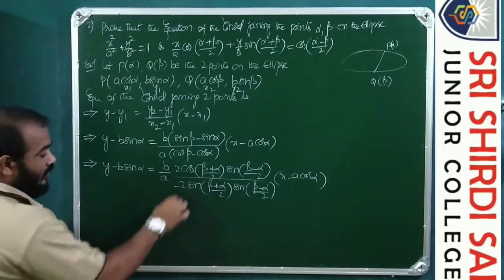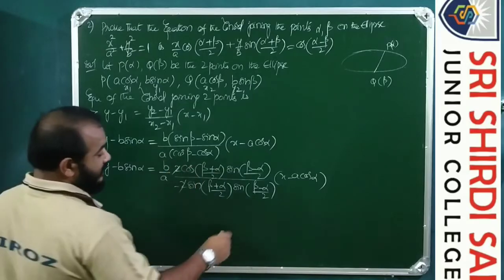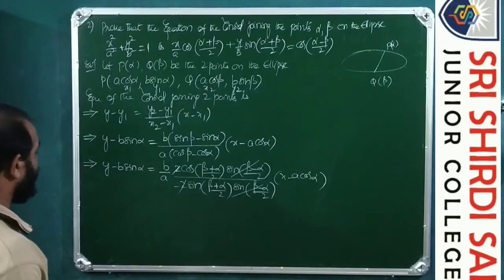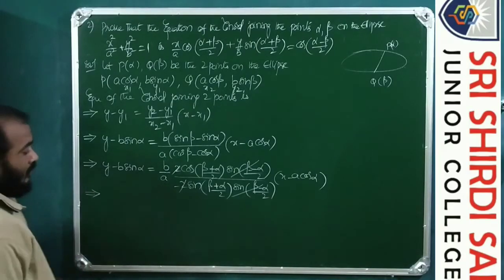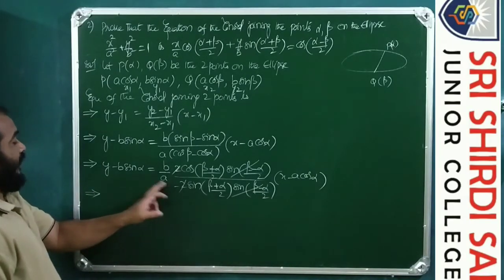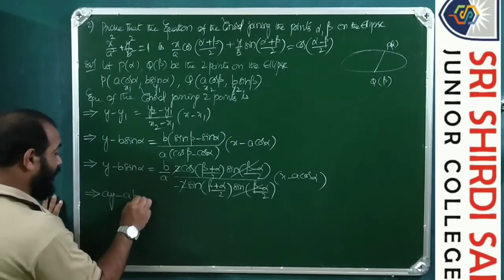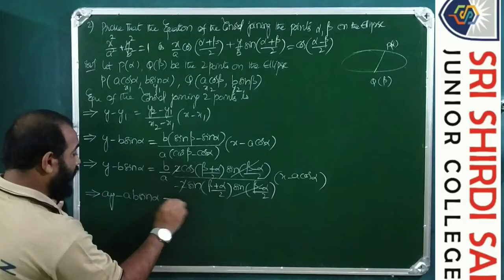So here 2 gets cancelled, sin (beta minus alpha) by 2 gets cancelled. So this is, do cross multiplication, a into y, ay, minus a into b, ab sin alpha is equal to,